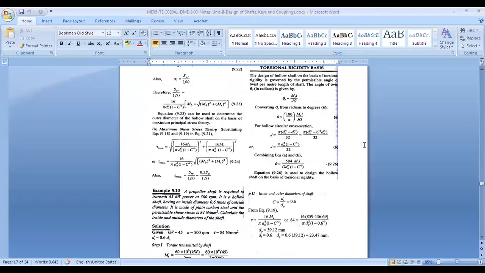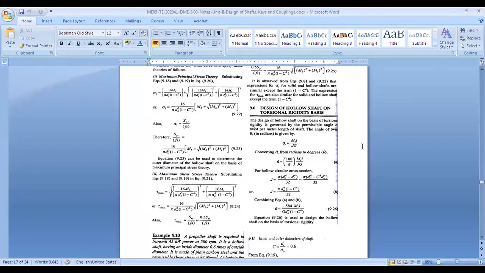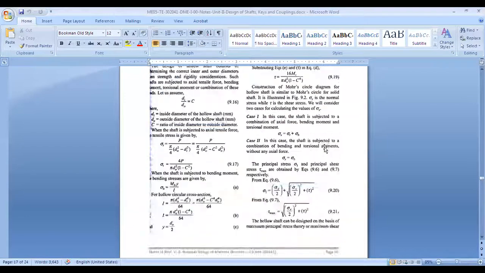Actually, we have completed the theoretical part. So today I will be taking a numerical on that. I will speak for a few minutes and then we will work on the numericals. Today I will take two numericals. First, we haven't done the part of design on the torsional rigidity basis, right? And the second is the design of a hollow shaft. Let me share my screen first. Okay. So we will do a numerical on the design on the torsional rigidity basis and design of a hollow shaft. So we'll take both numericals.